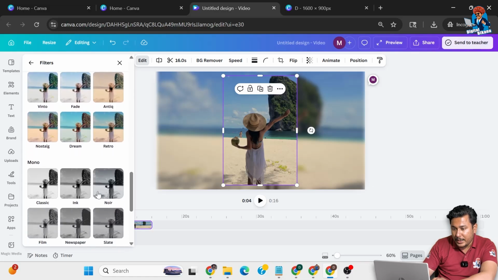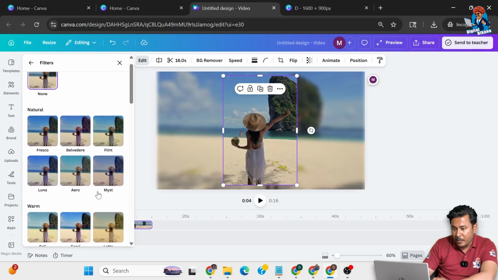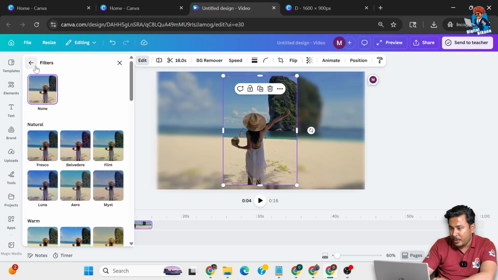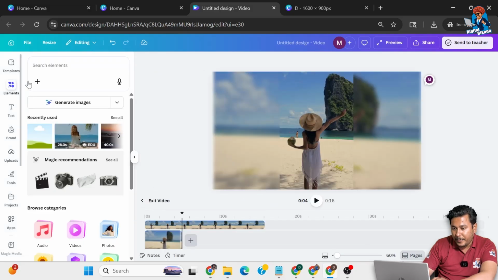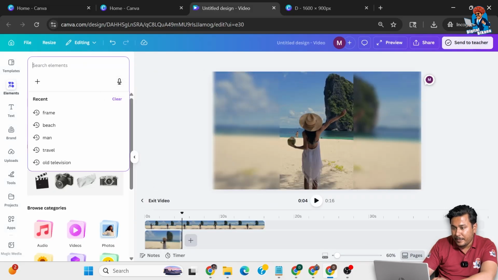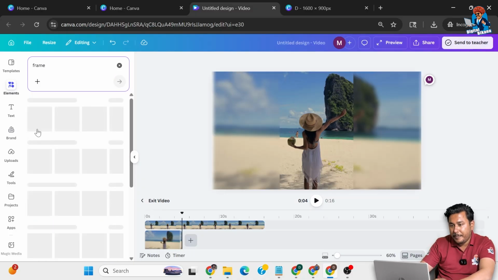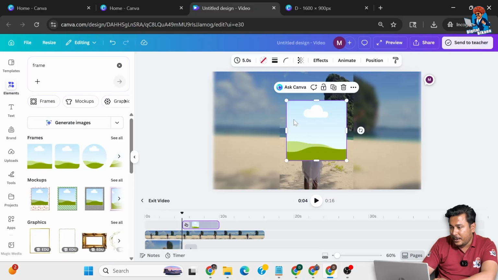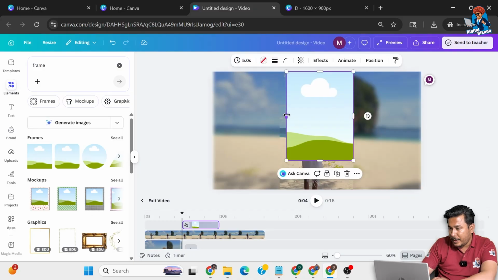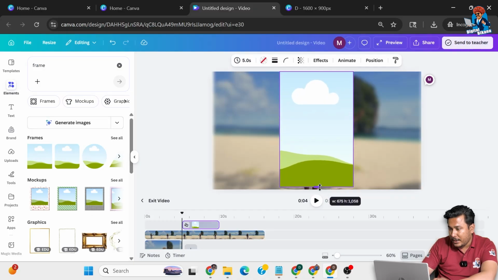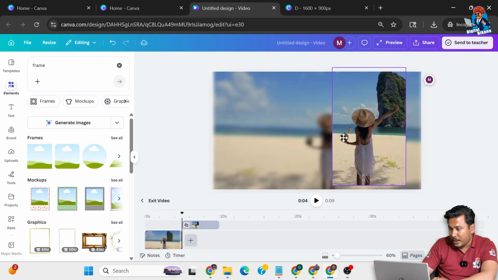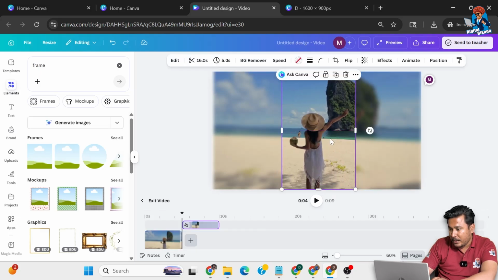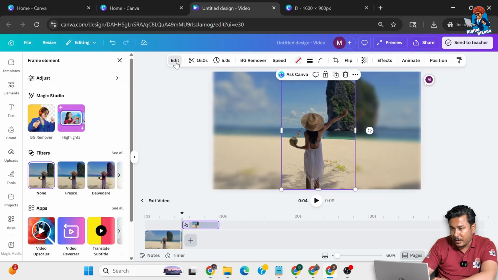If you want to adjust its warm, natural, you can simply do it. We need a frame, vertical frame. Elements, frame. Okay, it's here. Let me make it of this size, right? Now we are just going to add this video in this. Now we are going to click on edit